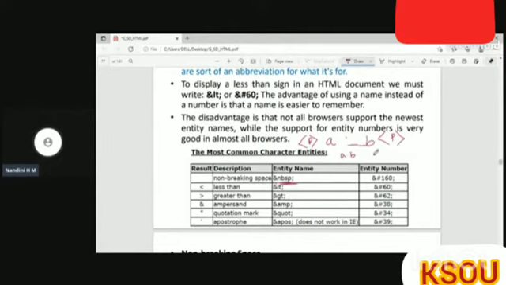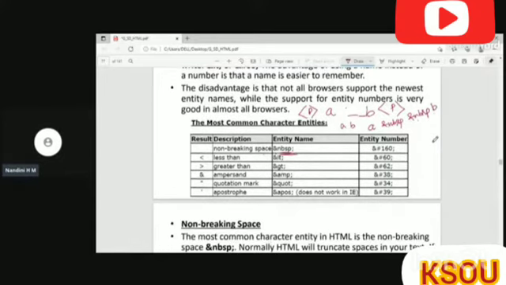For that, I write A ampersand NBSP, so it will give 1 space, and then ampersand NBSP. So 2 spaces will be given and then B will be displayed. If you want to display the less than symbol, you have to use ampersand LT semicolon. If you want to display the greater than symbol, you have to use ampersand GT. Like that, we have n number of entities.